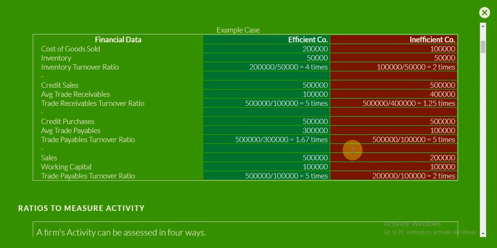So naturally, when we look at the information itself, we will come to the conclusion that this second company need not maintain this much working capital. If 1 lakh of working capital is sufficient for a company with a sale of rupees 5 lakh, the company with a sale of rupees 2 lakh can proportionately reduce its working capital and have just the amount of working capital that it requires. Here it indicates that they have too much idle working capital, that is, too much idle money is locked up in working capital.